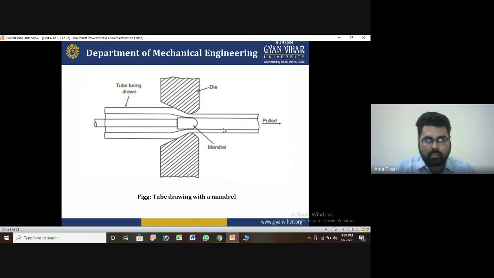So that is how we can use tube drawing with the mandrel. It is simple working and has no complications. You just put the circular tube in between the two dies, and the mandrel is placed here to convert it to the appropriate dimension or shape. We apply tensile force, with equal forces in opposite directions. It is now very popular. So I hope you understand tube drawing with the mandrel.